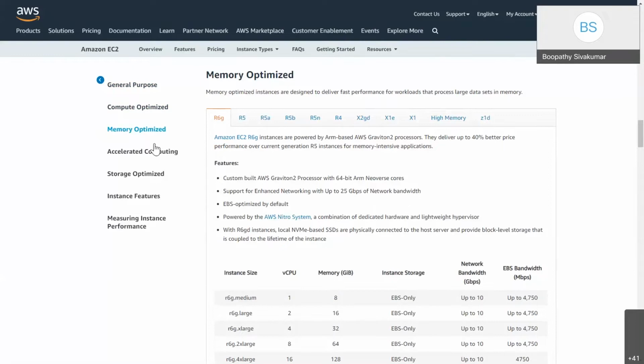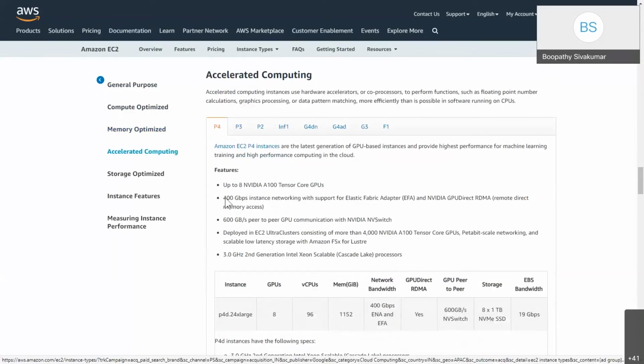Accelerated is a combination of both CPU and memory. We will use these for machine learning and other kinds of work. These will have a lot of CPU, GPU, and everything. If you are developing a game or something, you can use these.